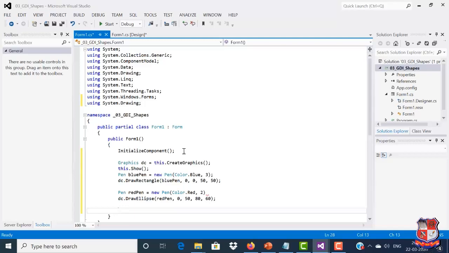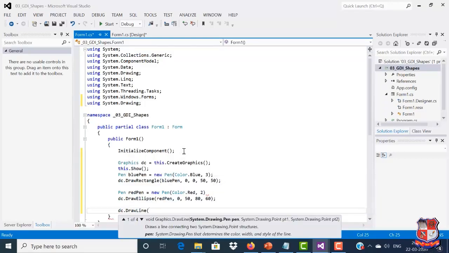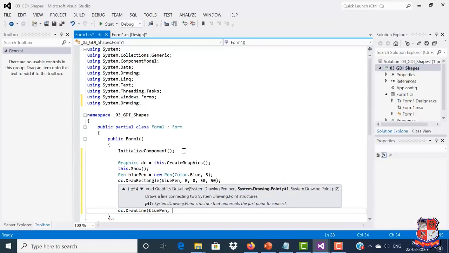Now if we want to draw some line, we can do it like this: dc dot draw line method. It is asking us a total of three arguments. First is the pen object, second is the starting point, and third is the ending point. So we'll use the object of blue pen.